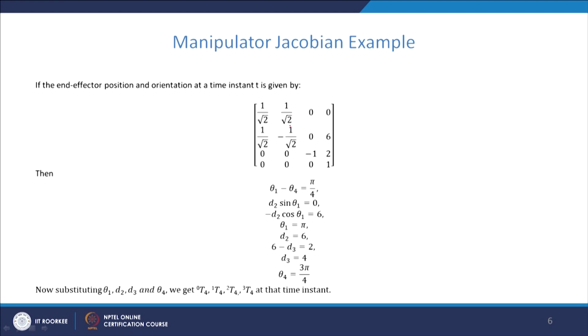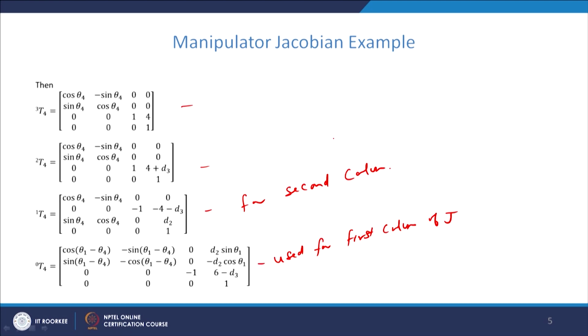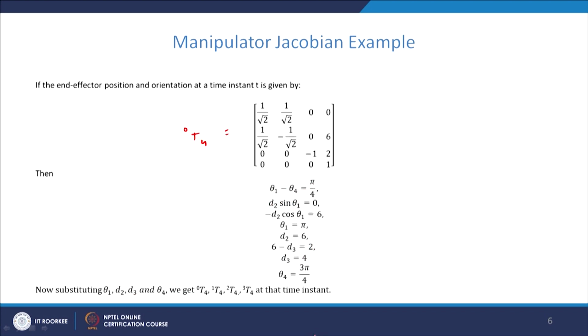The end effector coordinate frame with respect to base coordinate frame, this is 0T4, is given by this expression. Now, 0T4 is calculated by the last expression. So, if you compare each element of 0T4 with the required configuration of the end effector, then we can easily solve the equations. There are 12 such equations, we can solve them, most of them are 0 here.